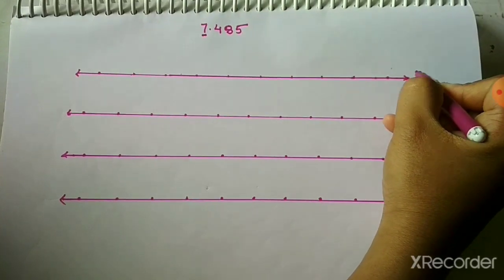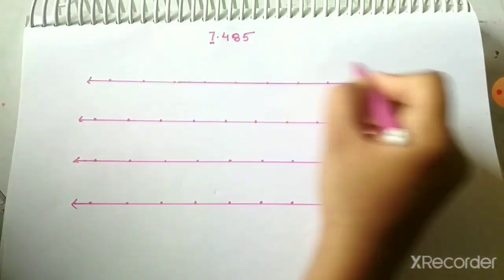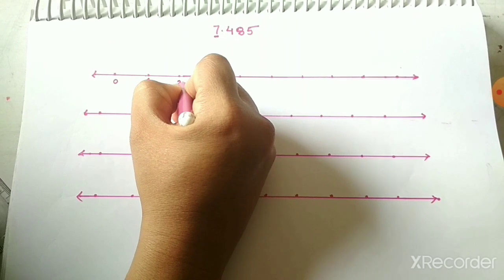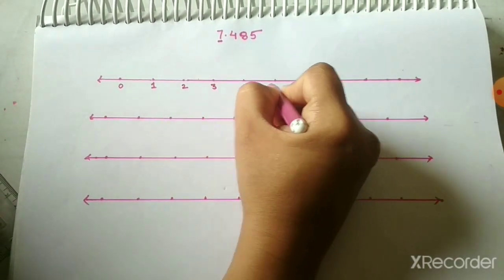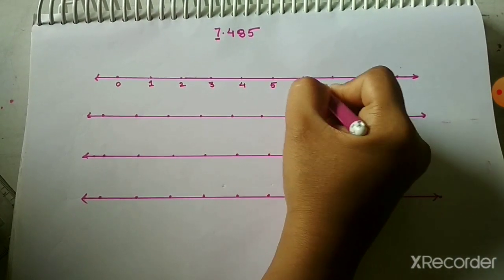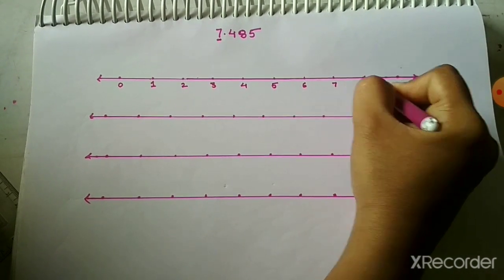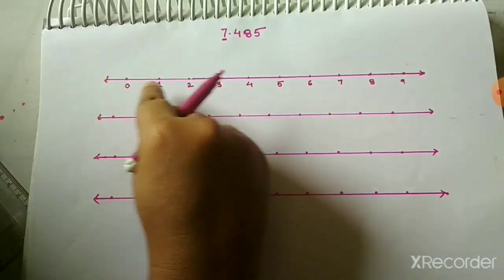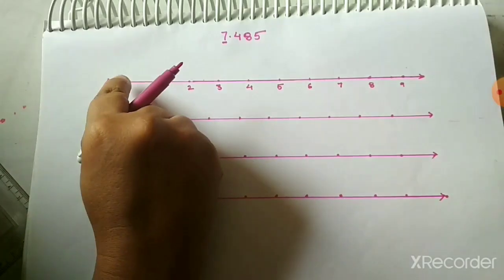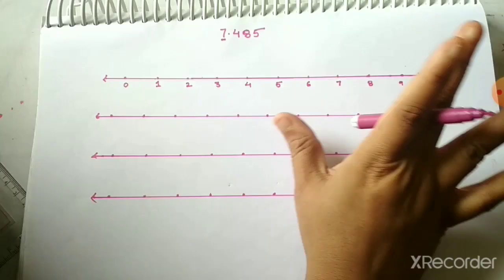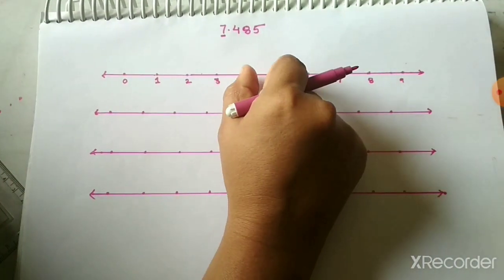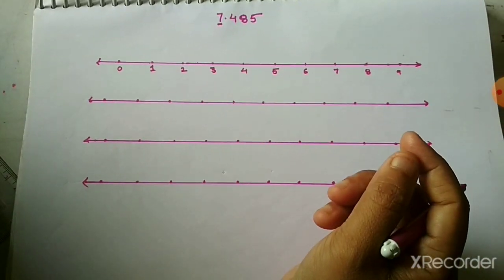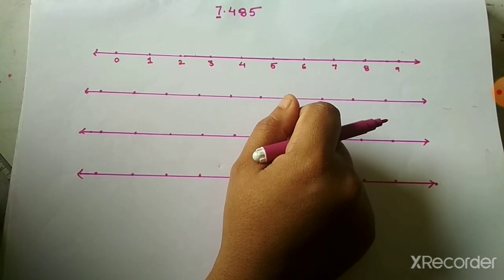For that, first we will draw a number line, and I will take only the positive side now. So 0, 1, 2, 3, 4, 5, 6, 7, 8, 9, and the next one is 10. Okay, so these are the numbers exactly. I have taken the exact distance. Don't take it roughly, take an exact distance between the two numbers. I have taken here 2 centimeters. In your book you can take it as 1 centimeter also.